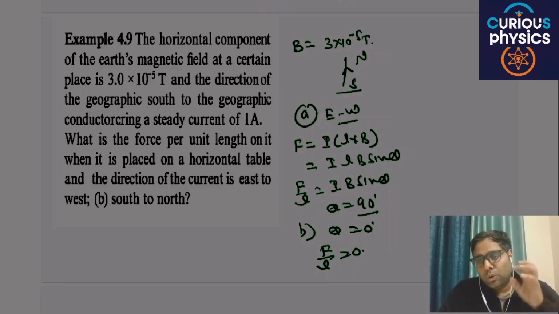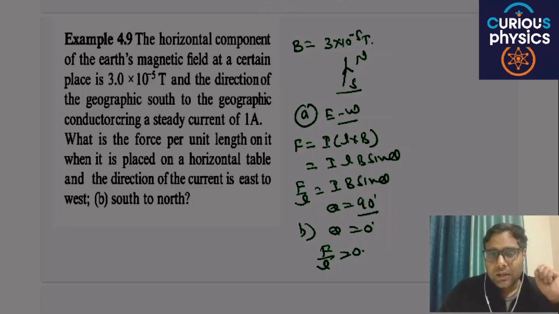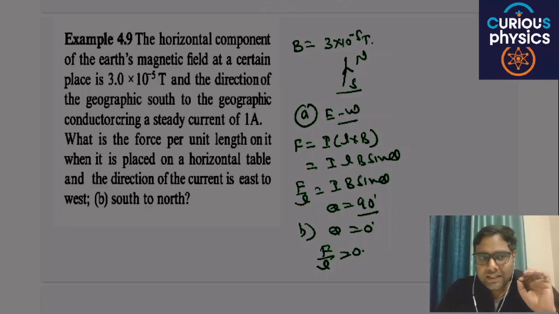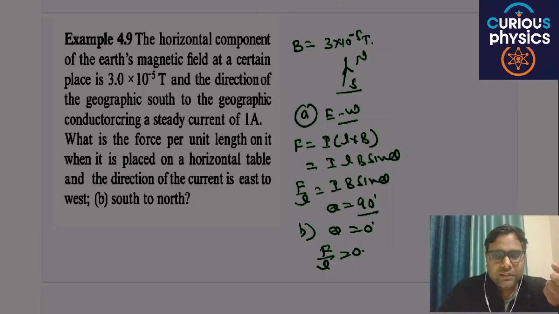Okay, today's whole chapter, this lecture, is based on your conceptual clarity. The main thing is how to understand Ampere's circuital law, and how to apply it is very, very important. So that's all for now. In the next lecture we will study the basic concept of torque in a magnetic field, when a particular coil or loop is placed in a magnetic field, then what will be the behavior of that loop.